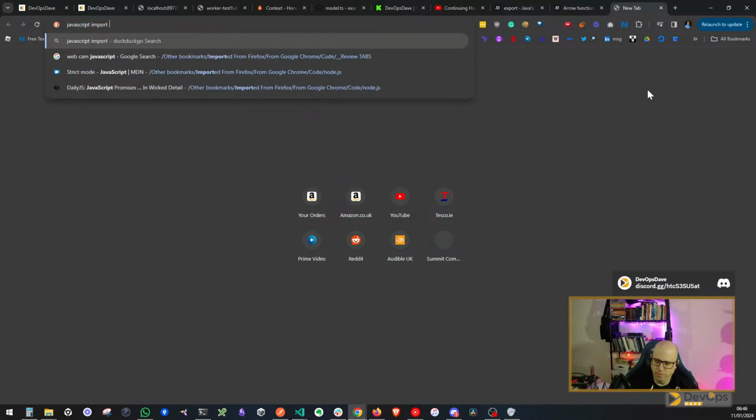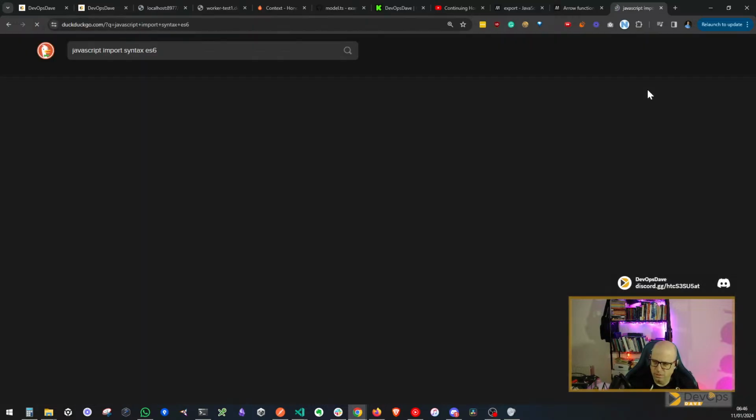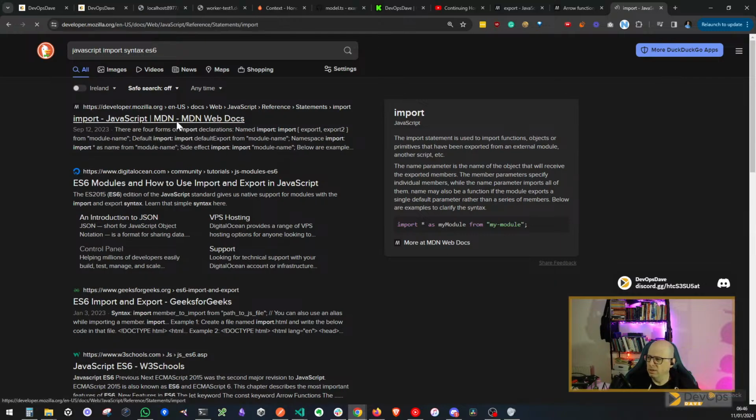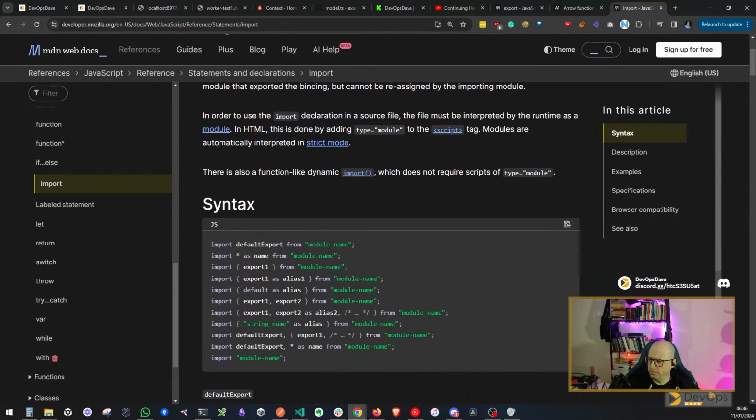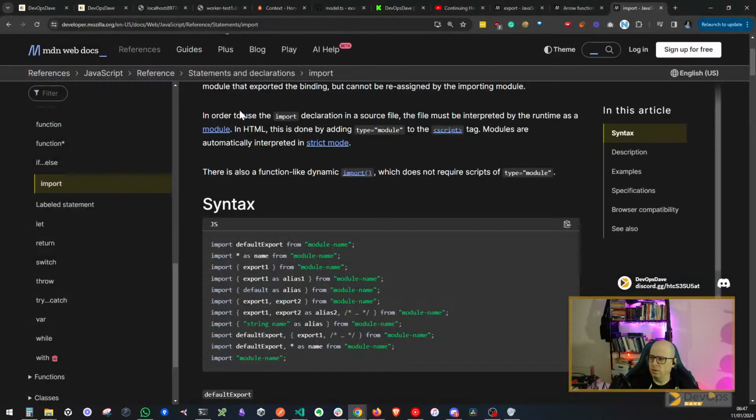JavaScript import syntax. Is this ES6? Or is the number changed? Import star as name from module name. Module import. So let's actually read the error message. Cannot use import statement outside of a module. Okay, so